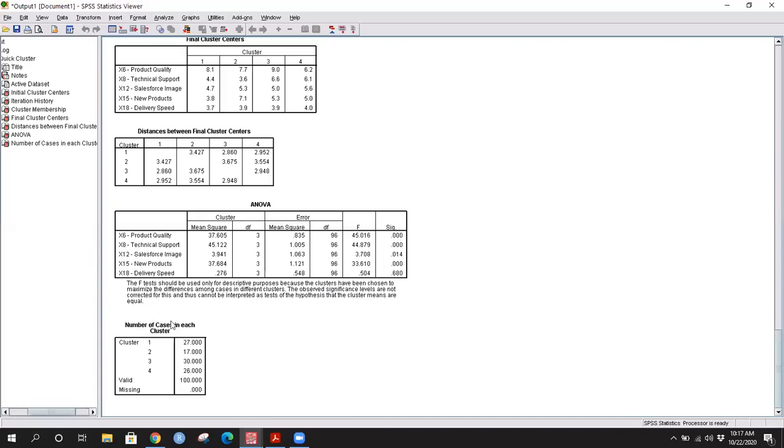Lastly, you can see your number of cases in each cluster. And I think I drew a parallel between this table and this table, and earlier also in my earlier video lecture. So we have in cluster 1, 27 people. So that's my second sizable cluster. Third is my most sizable cluster 3. Then I have fourth cluster is 26. Second cluster has 17. So that's what makes your cluster analysis results.